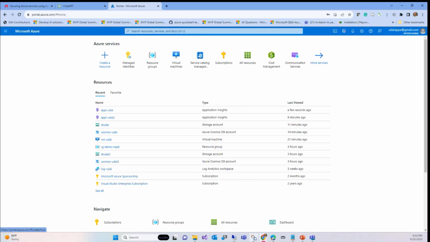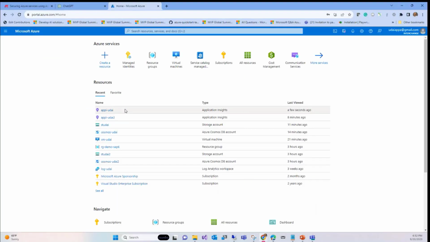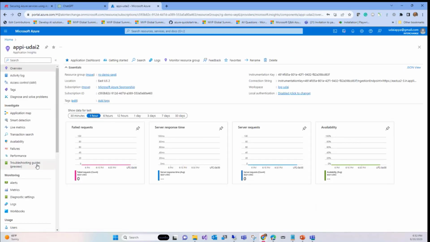Okay, let's move on. So now in this mission, we changed the Cosmos and storage, and we are not going to touch, maybe we can do that as well. Let's go back to the demo here. That's why we created the other service. Go back to that app 2, and then I'm going to copy this connection string.